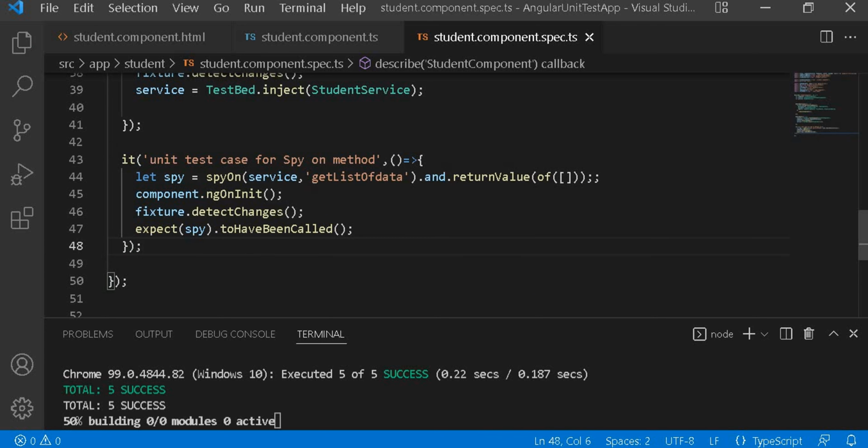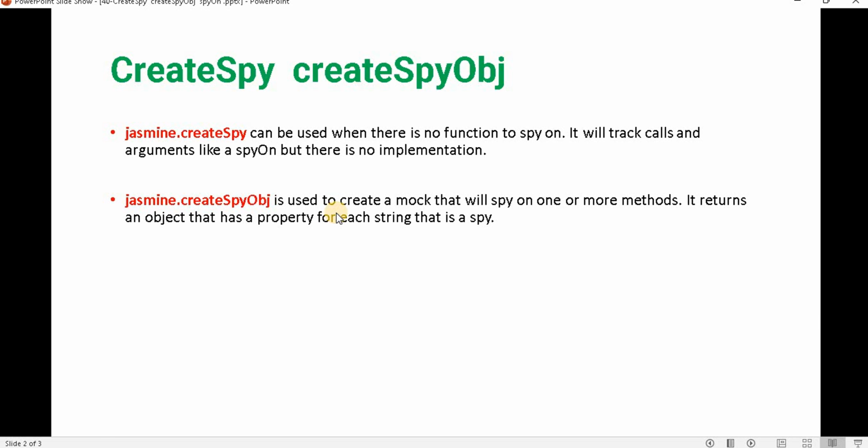Now let's go to the PPT. What is the main difference between createSpy and createSpyObj? As I explained, if a particular function does not exist and we want to create such a method and call it, then we use the jasmine.createSpy method.